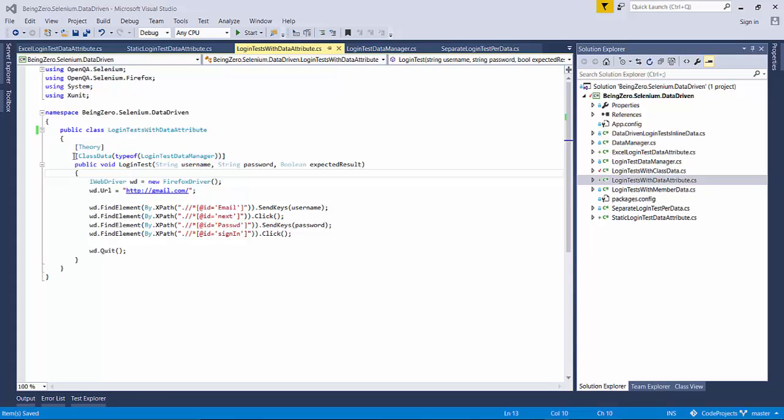Okay, so far we have taken a look at three ways of supplying the data. One was inline data, second was member data, and third is class data. Now, in case we are designing a professional automation framework that our team can use, then the best design says that we should be extending XUnit in a way that we should be using the data attribute